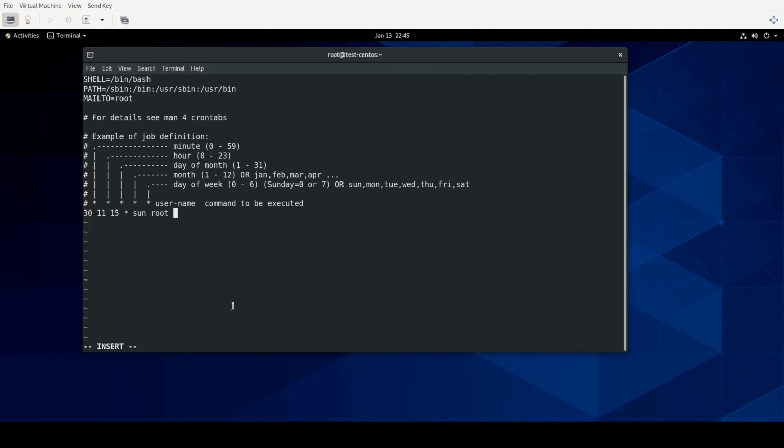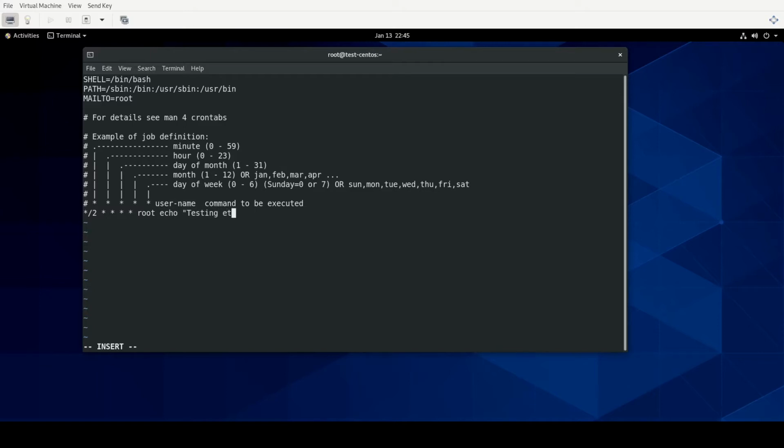So for a real example here, something that we can actually test on the video, let's do something a little different. Let's have something that runs every 2 minutes. And so to be able to do something like that, you would use */2. So this is literally every 2 minutes. We want it to run every hour, every day of the month, every day of the week. This is going to run as root, and the command, we're just going to echo